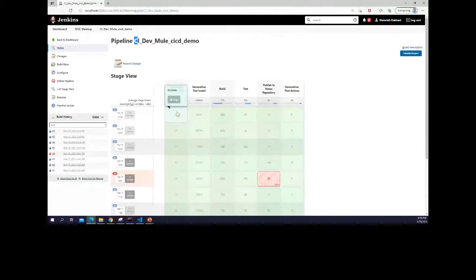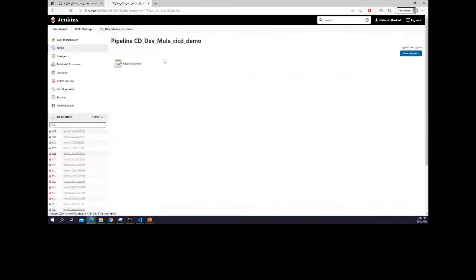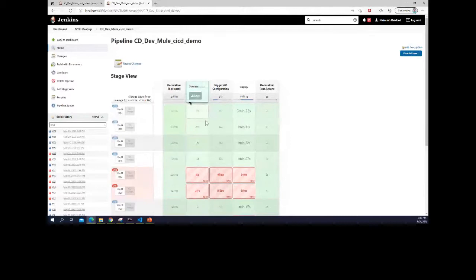So what is happening here? Some installation of tools. It will check, hey, Maven you have, Git you have or not. Then after that there is build happening, test happening, and it is publishing a particular artifact to Nexus. I also have email settings, so if a successful build happens, it will simply send me an alert in my Gmail box. So this is a typical CI flow, and if I show the CD, this is the CD flow, which is fetching the artifact, triggering all these API configurations like API policy setup and discovery, then the deployment, and then again success or a failure.